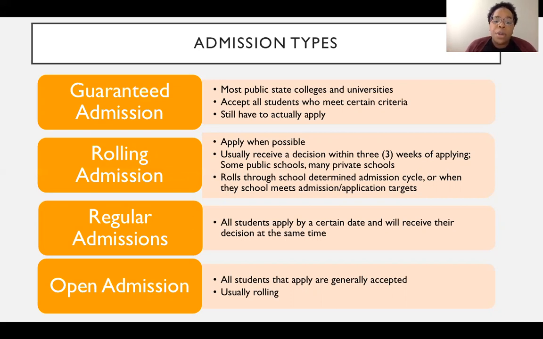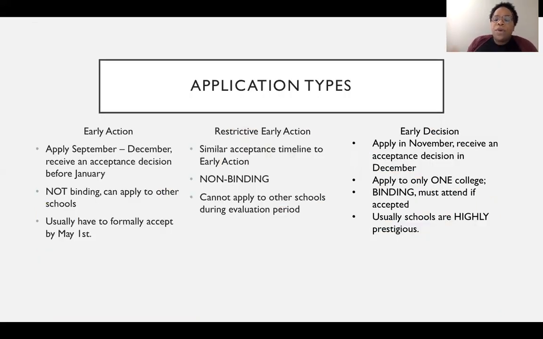And then lastly, there's open admission. So basically, all students that apply get in. This is done on a rolling basis. Open admission is common and used at almost every community college. So next up, for application types, there's early action, which essentially is that you apply from September through